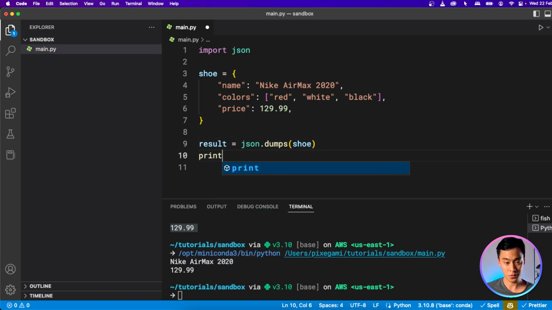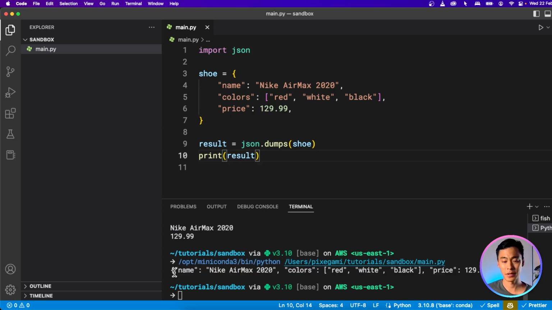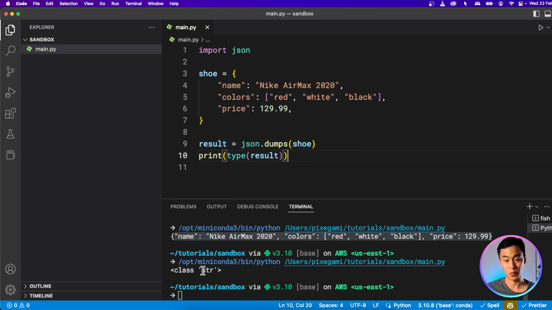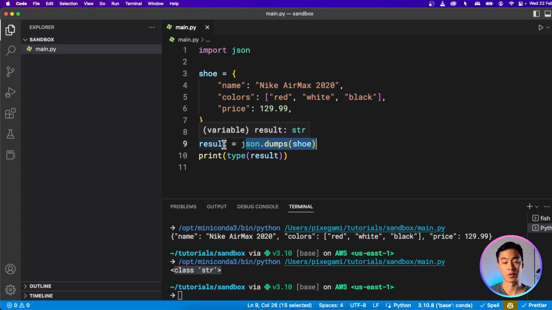And if I print the result, you're going to see that it actually looks very similar to our actual dictionary. It's pretty much the same thing, but if you actually look at the type of this object, which in Python we can do by using this type function, and I run that, you actually see that that's not a dictionary, it's actually a string. So this has turned into a string which we can send over the internet or send through a connection, and other apps will be able to deserialize this into the native representation that they like to use.